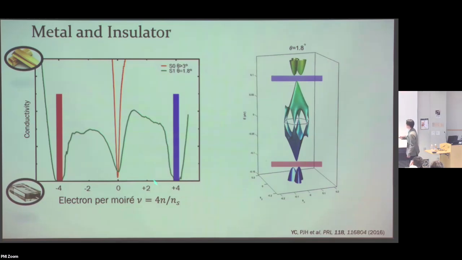And where this happens, if you look at the x-axis, which corresponds to gate voltage that we convert to electrons per moiré unit cell, it would be +4 or -4. The factor of 4 here comes from the fact that there is also spin and valley degeneracy. So the take-home message is that when you fill +4 or -4 electrons, or 4 holes, into the system, you reach a gap state. Okay, and this is all single particle physics. This is exactly predicted by the Bistritzer-MacDonald model, and there are also other ways to make sense of this.